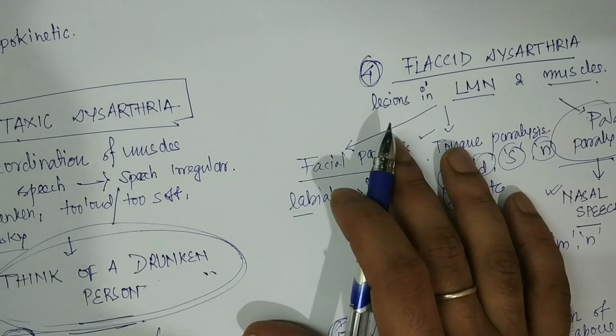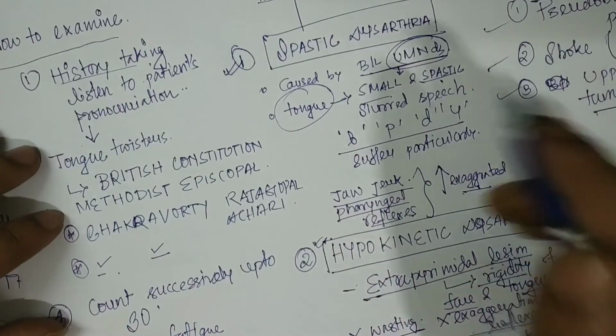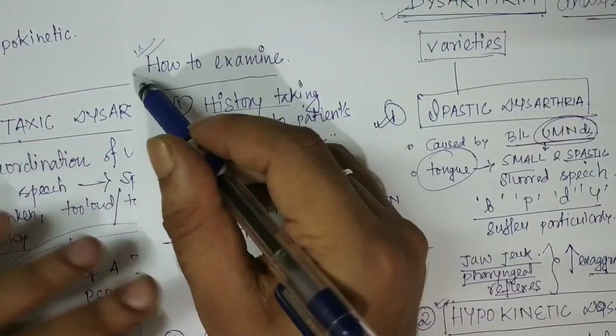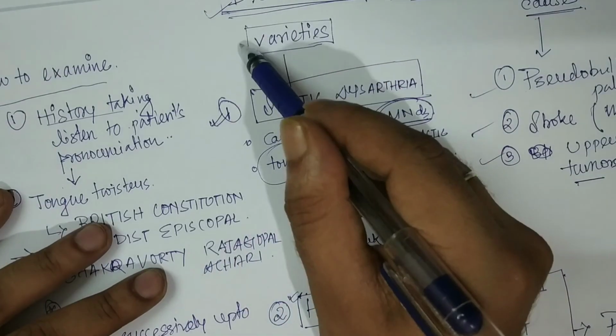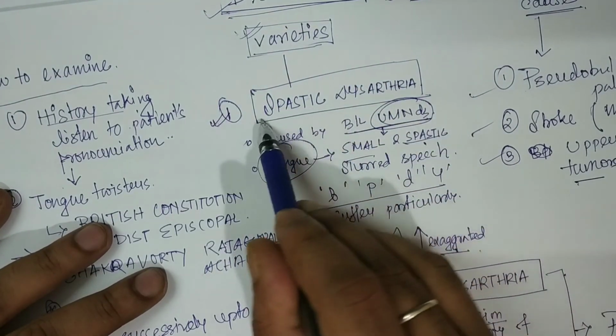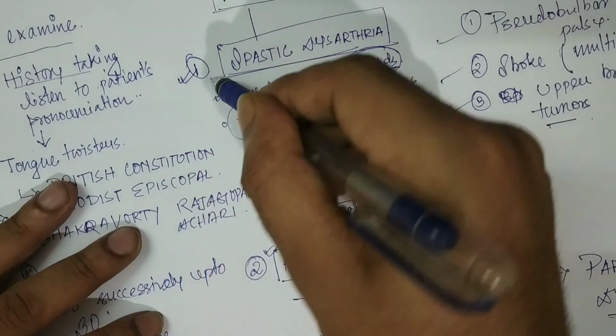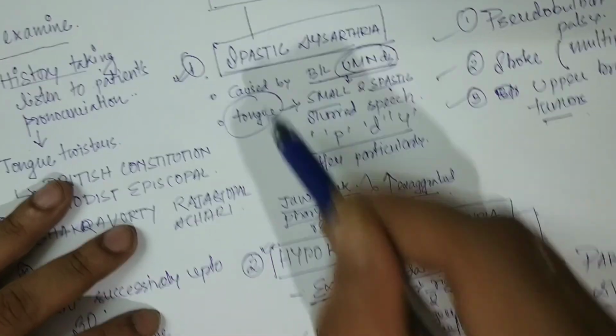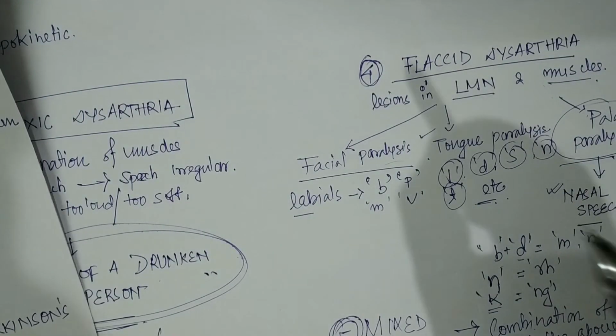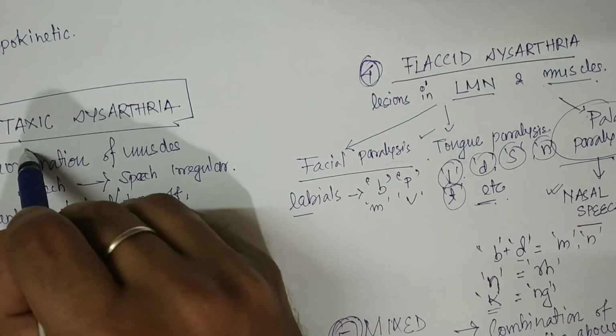Okay, so that was all. We talked about dysarthria, we talked about how to examine, then we went on to discuss the varieties. There are 4 or 5 varieties basically: spastic, hypokinetic, ataxic and